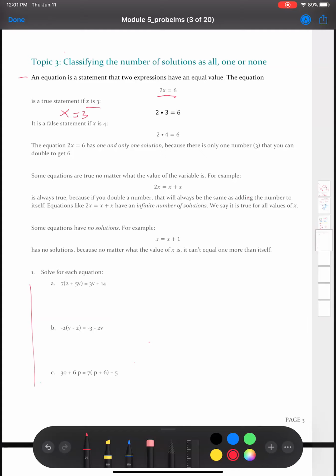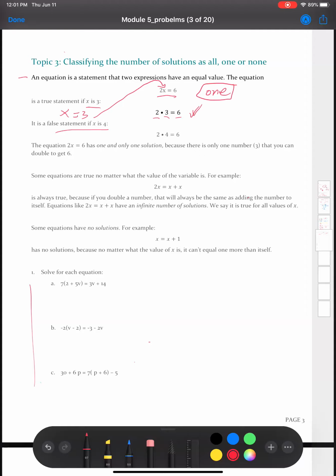If x is equal to 3, we're going to substitute that 3 for the x. So then we have 2 times 3 is equal to 6. Well, that is correct because 2 times 3 is 6. So this particular equation has one solution. Why do we know it's one? Well, if we go further,